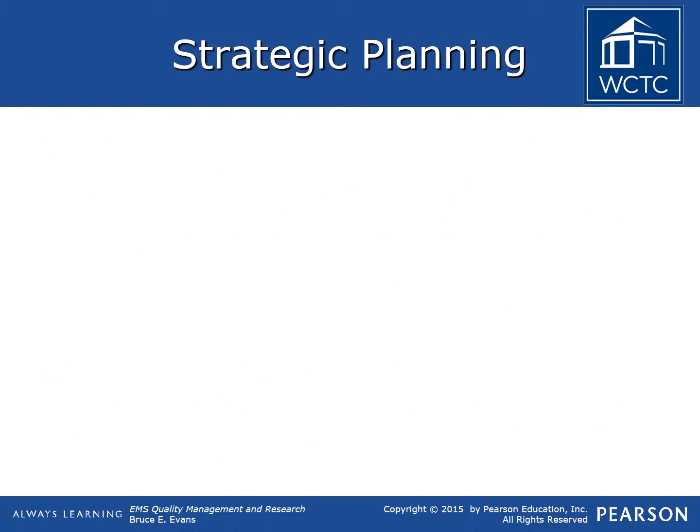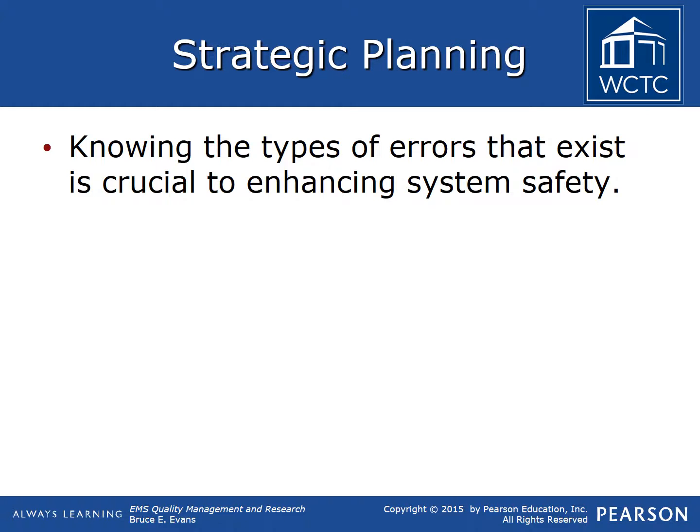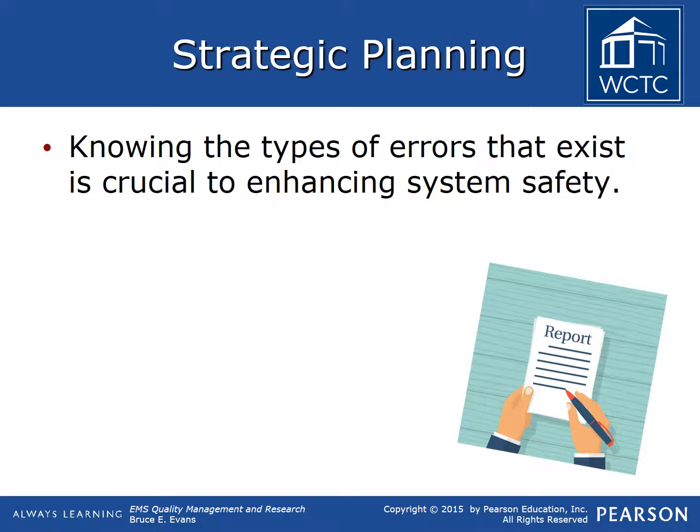As employed in other critical high-risk industries, effective quality improvement systems require a knowledge of what types of errors exist so that a root cause analysis can be performed to address the underlying causes of the errors. While some errors may appear obvious, others are more subtle, and EMS leadership may not be aware of their existence or potential to exist. To be fully effective, quality improvement systems must have a mechanism by which stakeholders, employees in particular, can report quality events, which also includes the proverbial near misses as well.